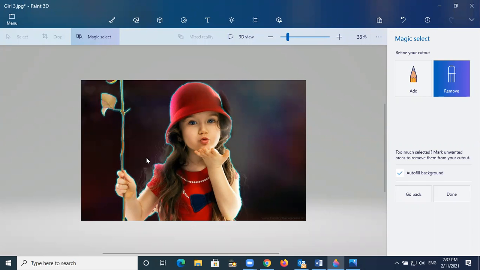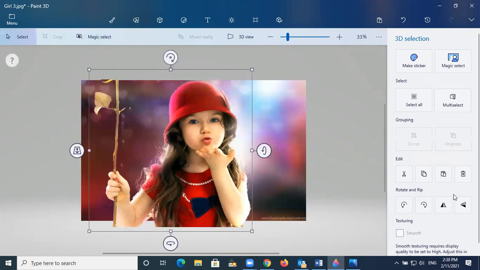Okay. So after you are satisfied with whatever part you want, then you go to done here. You only have to know that you have two icons, remove and add. Add is for whatever part you need, just click add and then draw the line. Whenever you want to remove, click this remove button and then come and delete it here. So now after you are satisfied with your selection, this is your selection, click done here. Okay, so this is the done.